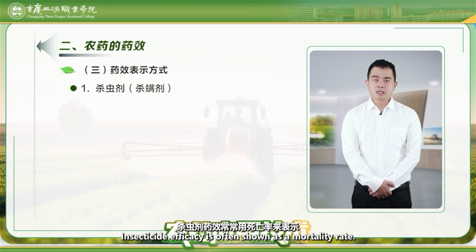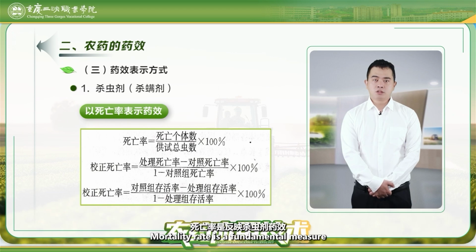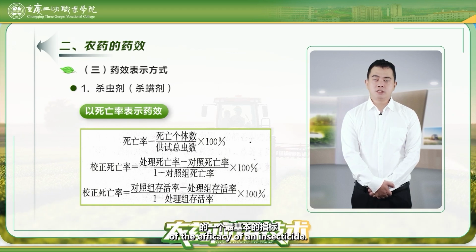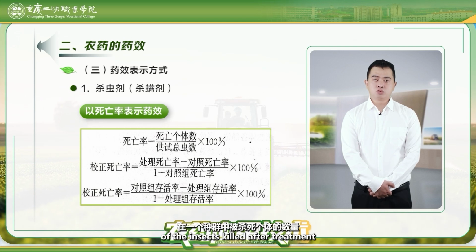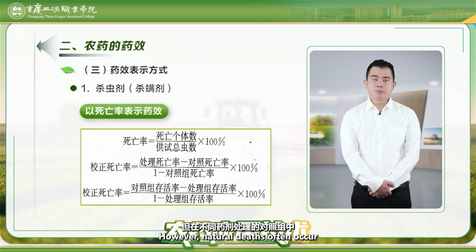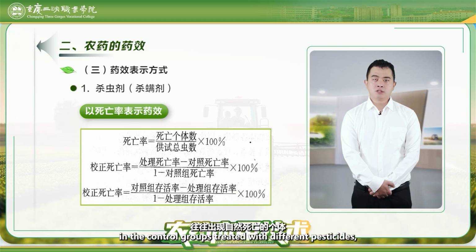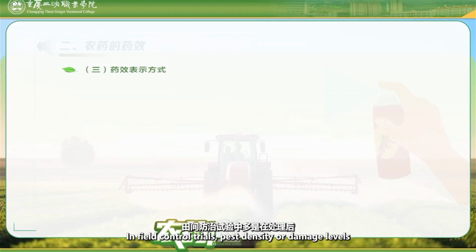Insecticide efficacy is often shown as a mortality rate. Mortality rate is a fundamental measure of the efficacy of an insecticide. It's the percentage of the insects killed after treatment relative to the total number of test insects. However, natural deaths often occur in the control groups treated with different pesticides, so correction is needed in field control